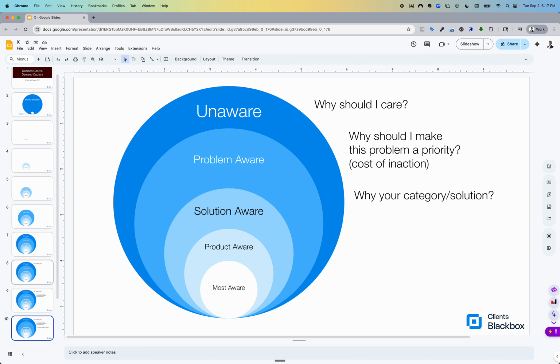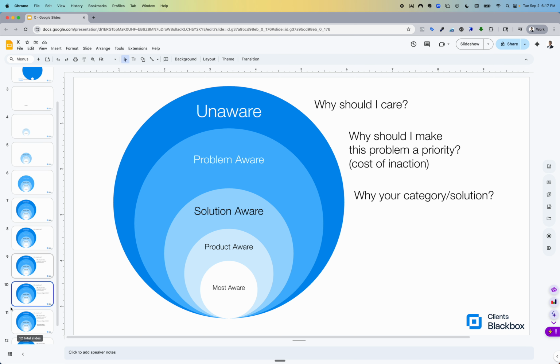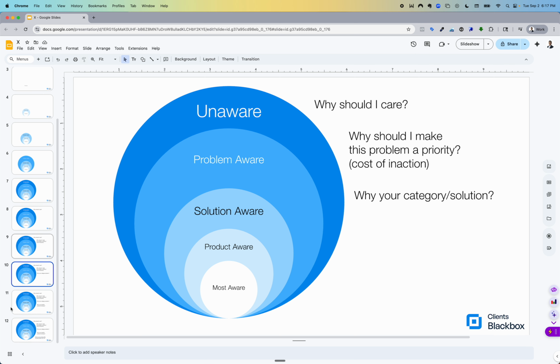Why should I hire a financial advisor and not go through my niece who's an insurance agent? Why should I go through a financial advisor who is not a robo advisor? Why should I not just go with a robo advisor, right? So that's one other thing. Why should I go with an independent financial advisor versus a bank financial advisor, right?